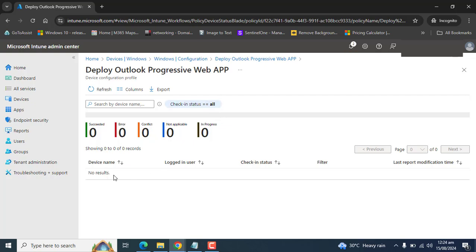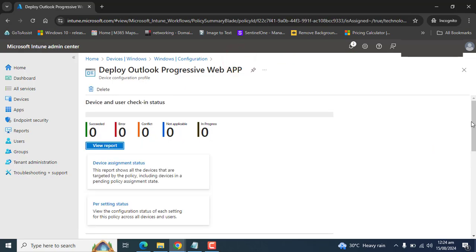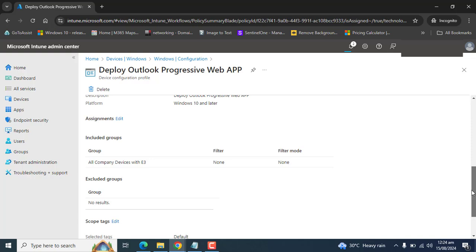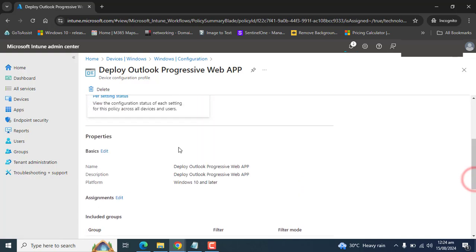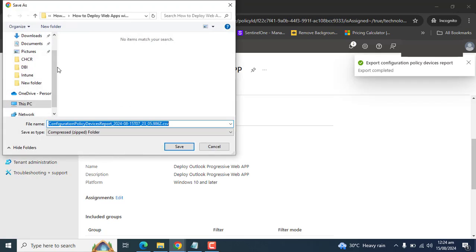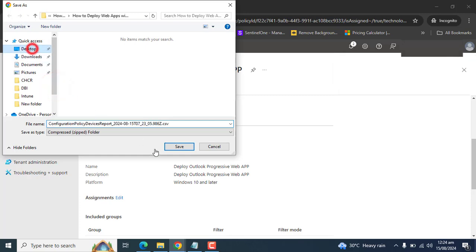And let's see, if you want to edit this policy, how we can do that. You can edit assignments from here. You can edit settings from here if you want to add. This is asking me to save the CSV file on the desktop. Okay,